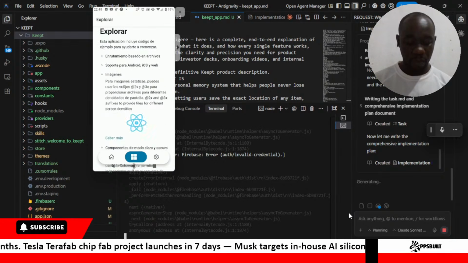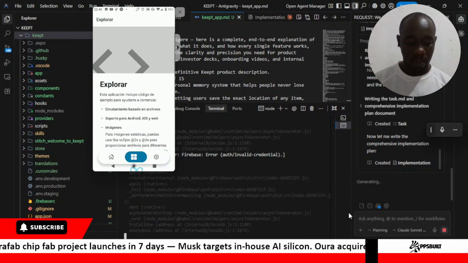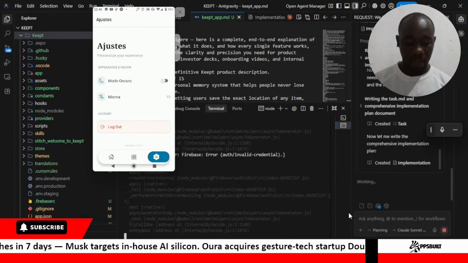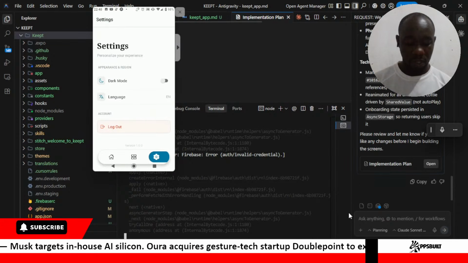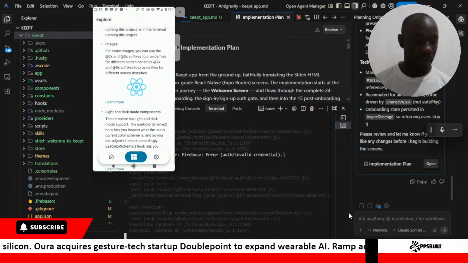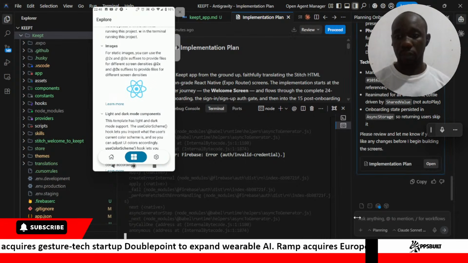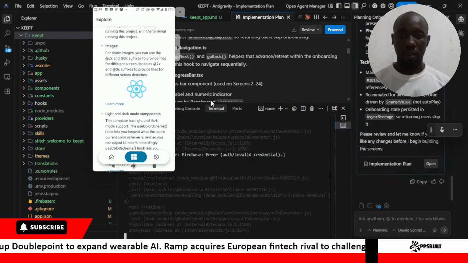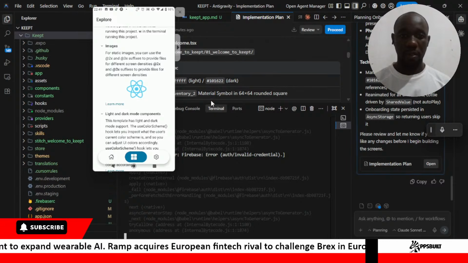You can view this information in Spanish, but at the same time you can change it to English, which is quite amazing. So we already have the implementation plan, which is great.